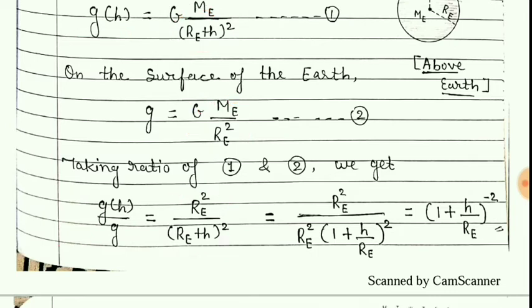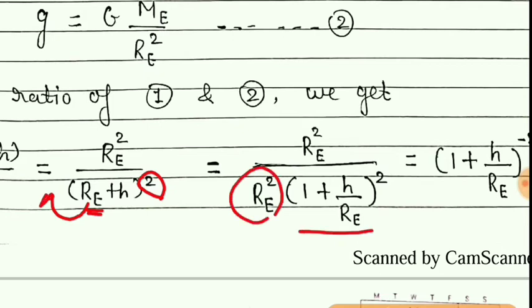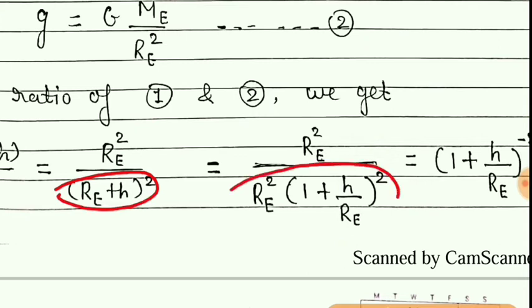Now next step, if we take this Re outside, as it is square, when we take it common outside it will be Re square. Then what will remain inside? 1 plus h upon Re square will remain. In the numerator it is as it is. So writing this denominator term in this form,